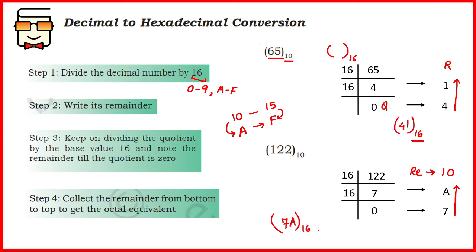So I think this is all about converting a decimal number to hexadecimal. We have studied converting decimal to binary and octal in the previous videos also. If you have not seen those videos, you'll get a better understanding of this concept by viewing those. So it's a suggestion that you view them also. In upcoming videos, we'll be studying how to convert binary, octal or hexadecimal numbers into decimal. So we'll be performing the reverse operation now.